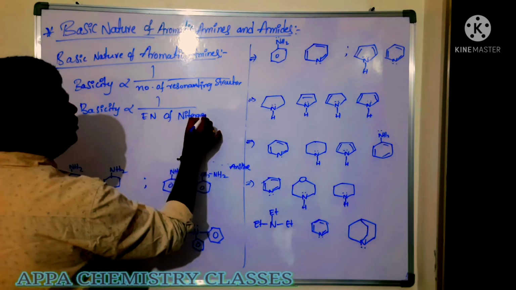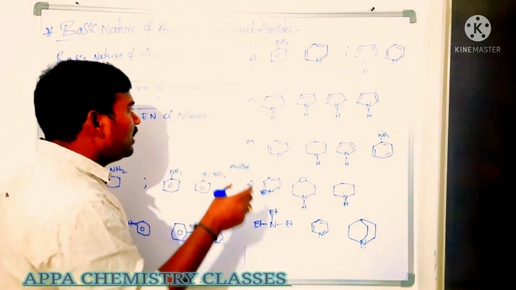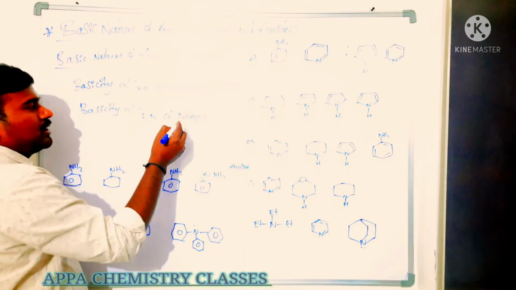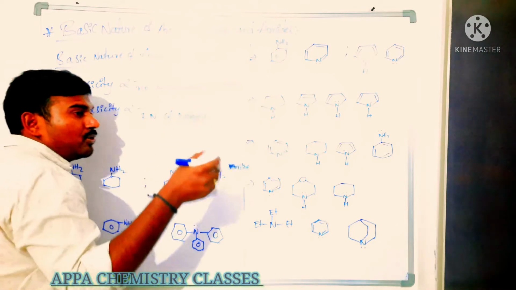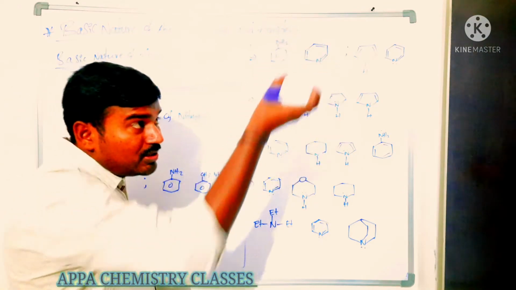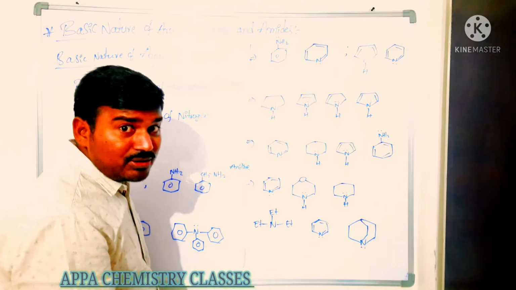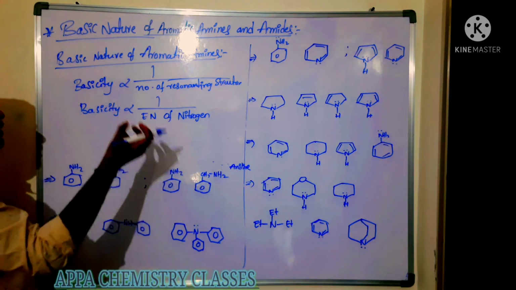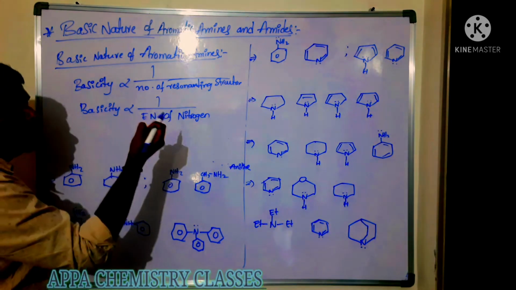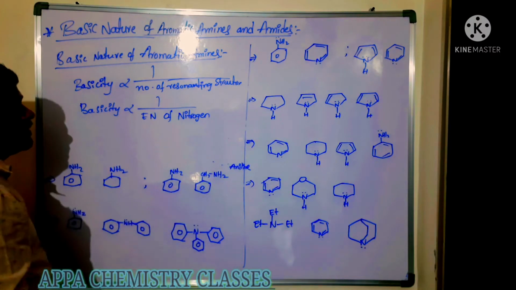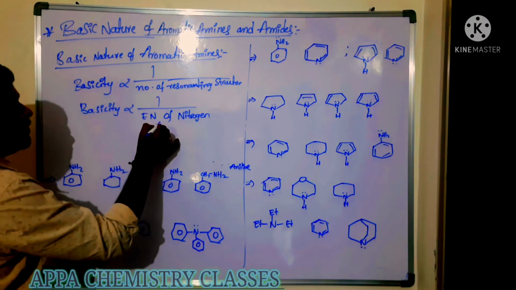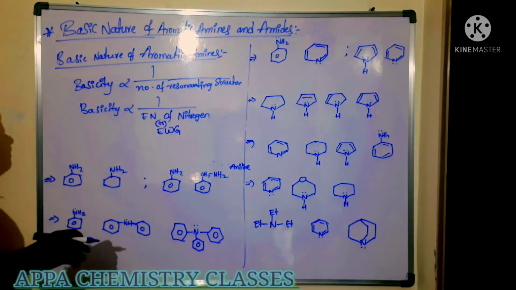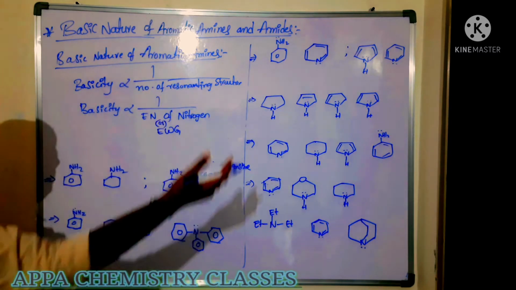So nitrogen should not have high electronegativity, meaning that nitrogen should not be bonded with an electron withdrawing group. If electron withdrawing groups are there, then what happens? Nitrogen electronegativity will increase, because those electron withdrawing groups withdraw the electron from this nitrogen. So nitrogen also will withdraw the electron. So it will hold that lone pair of electrons strongly, so it cannot donate easily. So basicity will decrease. That is what you can say here about electron withdrawing groups. Okay, based on that concept we can explain all these examples.